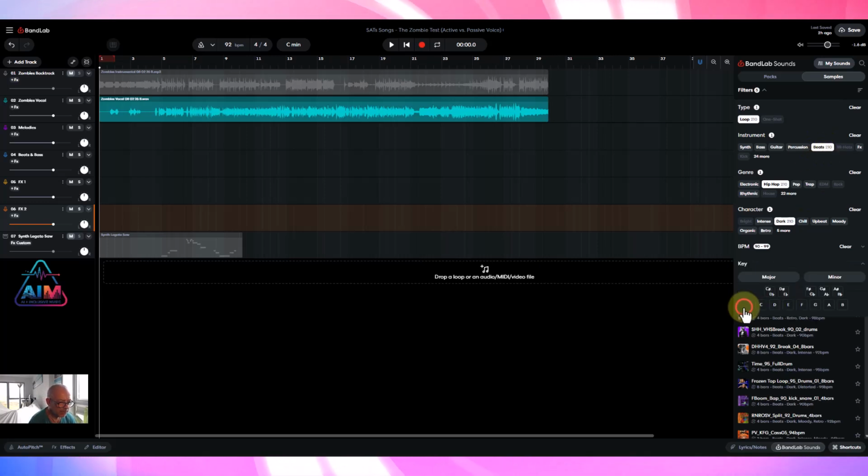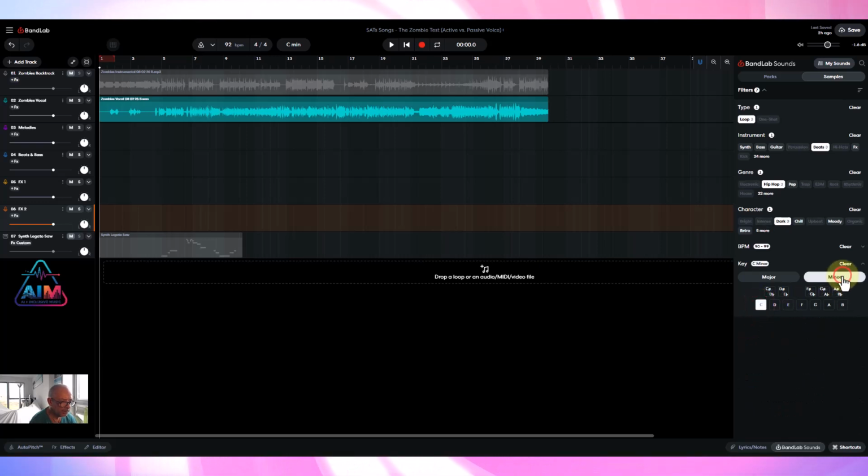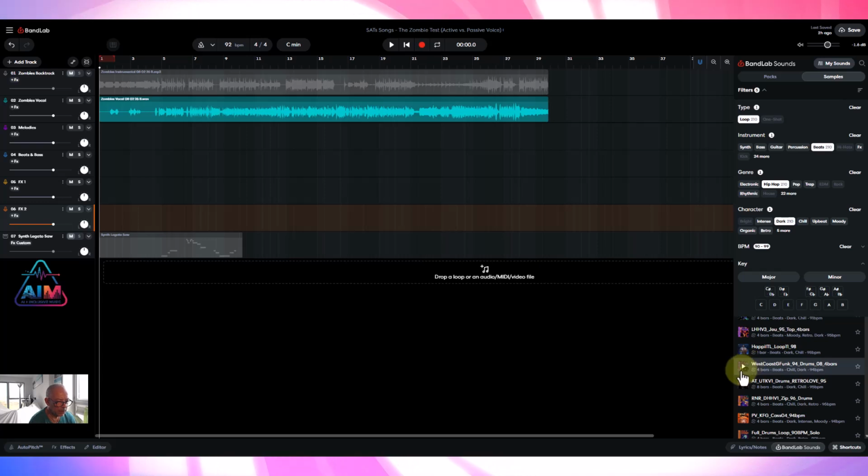The key we're looking for up here in the screen, it says C minor, so we're going to click C minor. Although, of course, we're not too worried about that for beats because we don't need any instruments in them. We'll come back to that. So beats, here we go. Let's click on one.